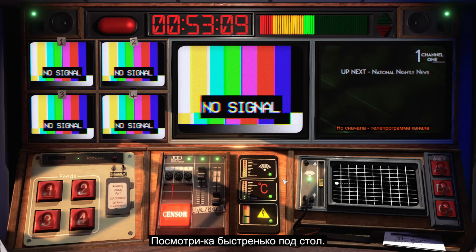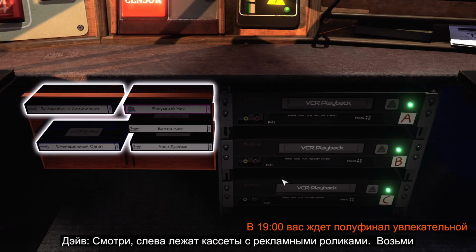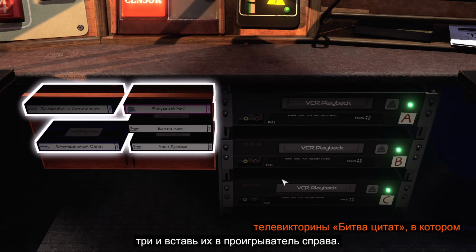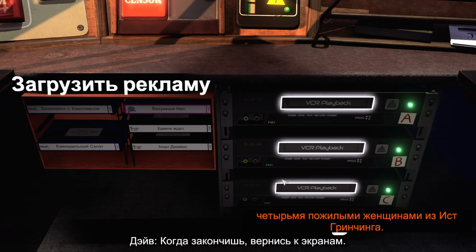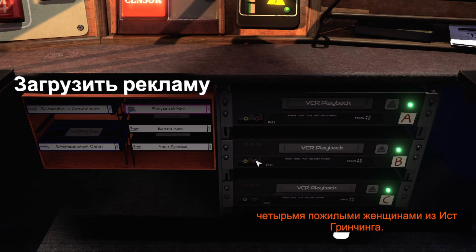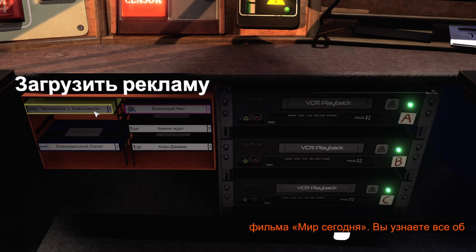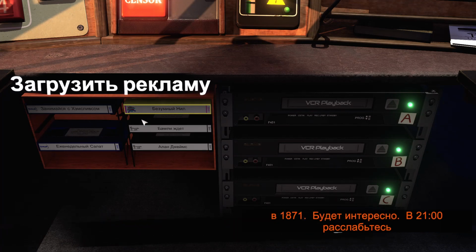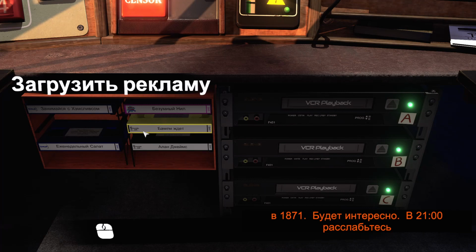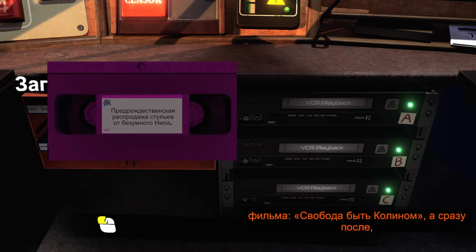Right, quickly, mate, look down under the desk. You can see a load of videotapes on the left. They're your adverts. Pick any three and load them into the machines on the right. When you've done that, look up to the front again. Four old ladies from East Grinching. That's followed at 8 p.m. by award-winning documentary series The Shape of Now, which tonight looks at the history of the knee-length sock and its importance during the Great Blackouts of 1871. Not one to miss. At 9 p.m, sit back and relax with multiple award-winning movie The Freedom of Being Colin,